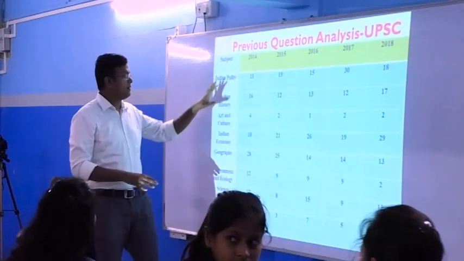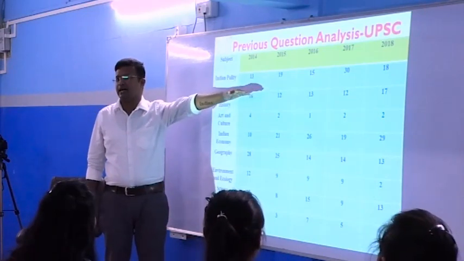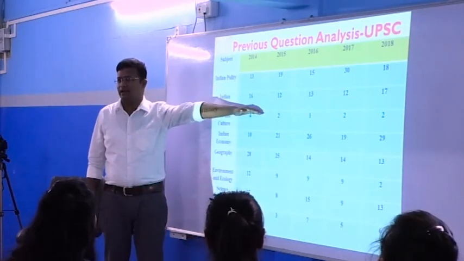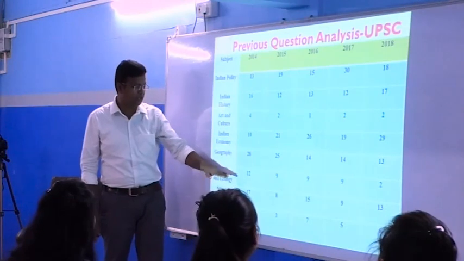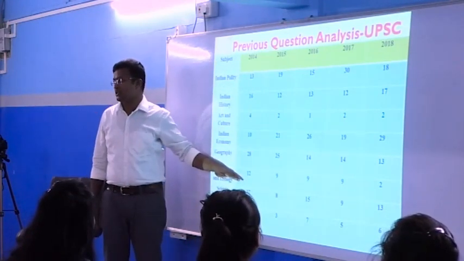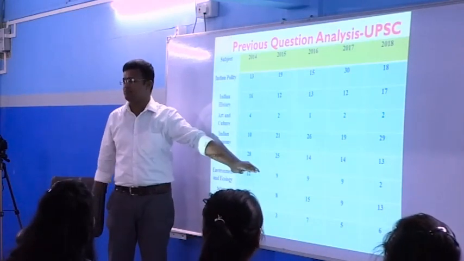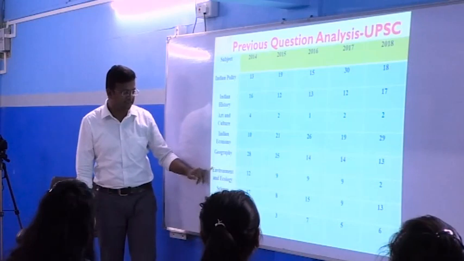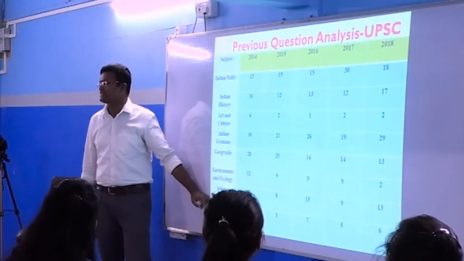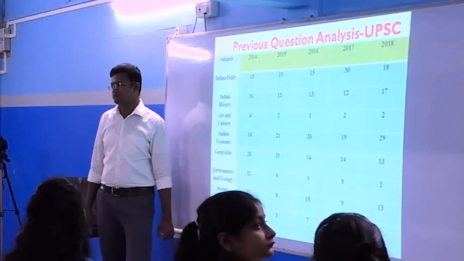But my point is that if you are understanding the concepts and studying the points well, then up to geography, you will be able to answer depending on the textbook. You will get the information for the answer from the textbook. From here, environment, ecology, and science and technology, and current affairs, these three are dynamic.